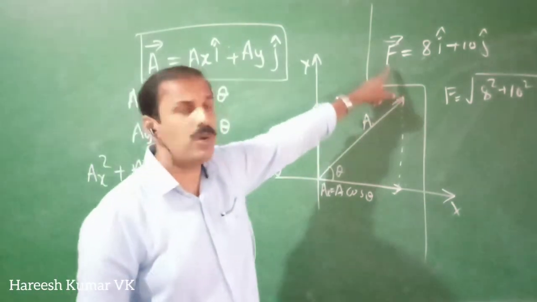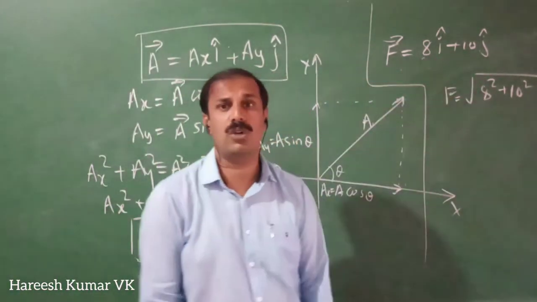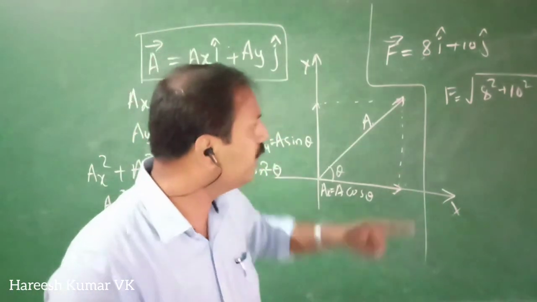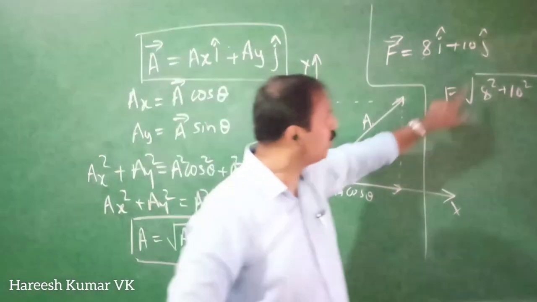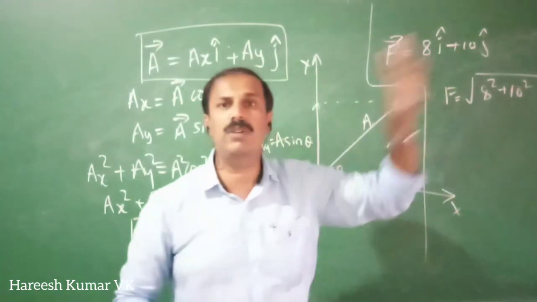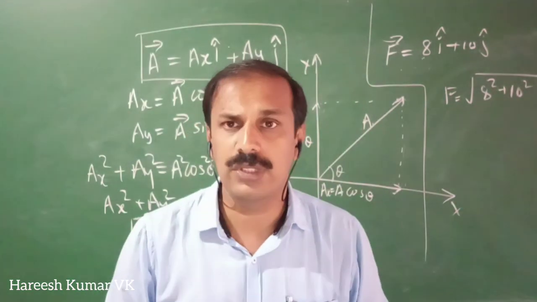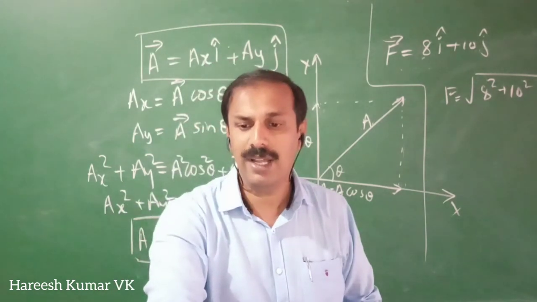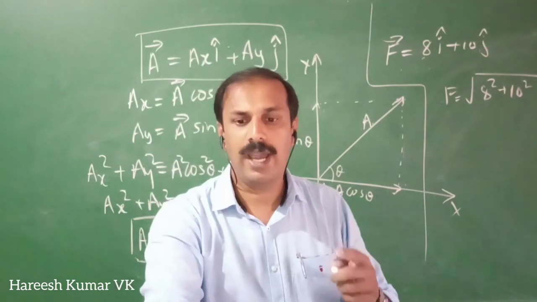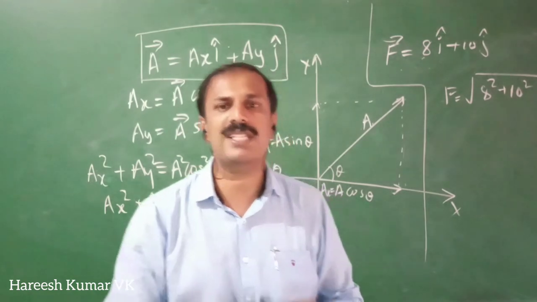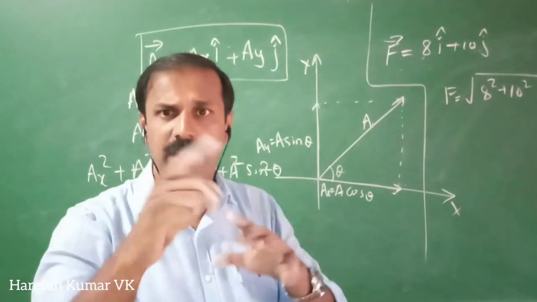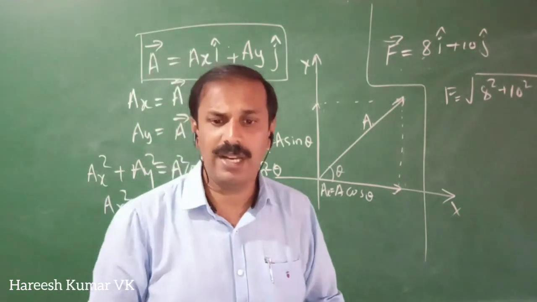If the force is given by F is equal to 8i plus 10j, you don't understand how much the force is. You need the magnitude of the force. So to get the magnitude of force, you have to take it like this, root of 8 square plus 10 square. That much Newton will be the magnitude of the force. This is how we will resolve it and get the actual magnitude. And when resolving also, you should know the directions i, j, k and all, and should be clear about that.